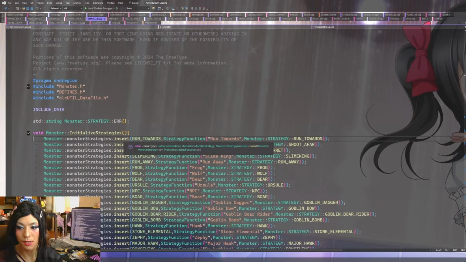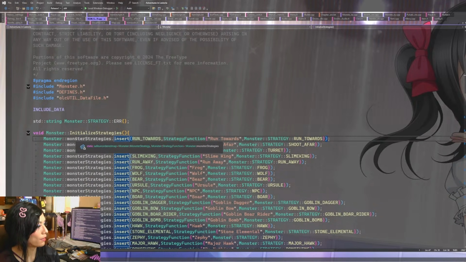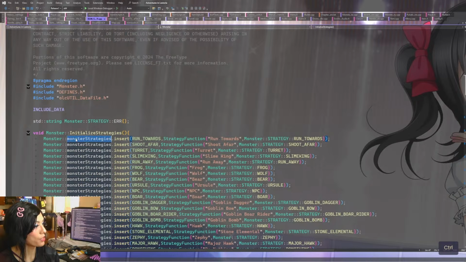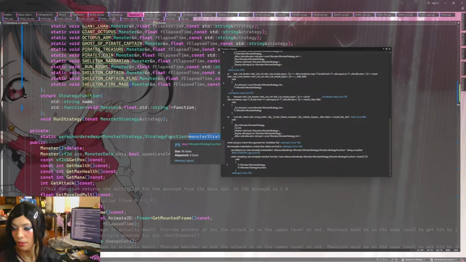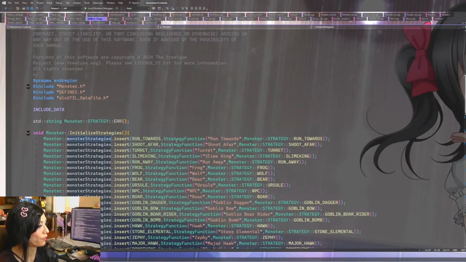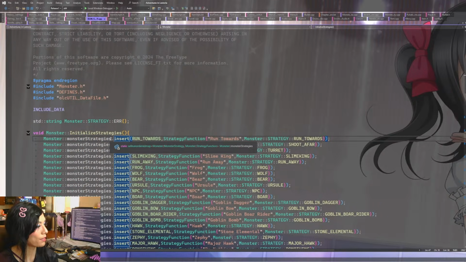It's almost like it doesn't know what the type is here, which is interesting to me. Monster strategy and strategy function are an enum and, well, this class. I don't understand why that can't work.